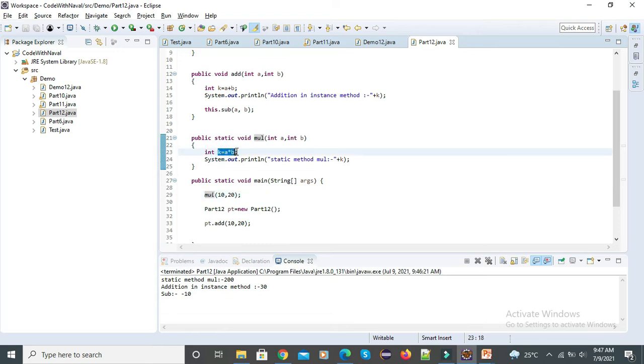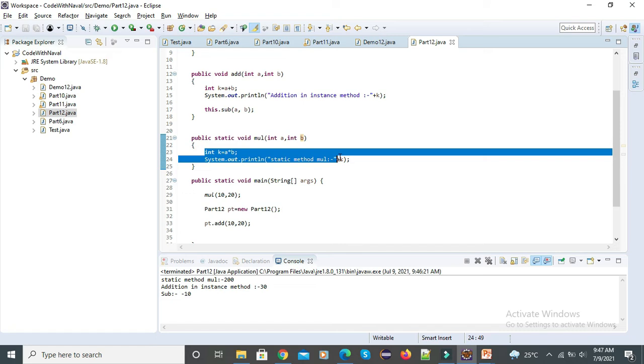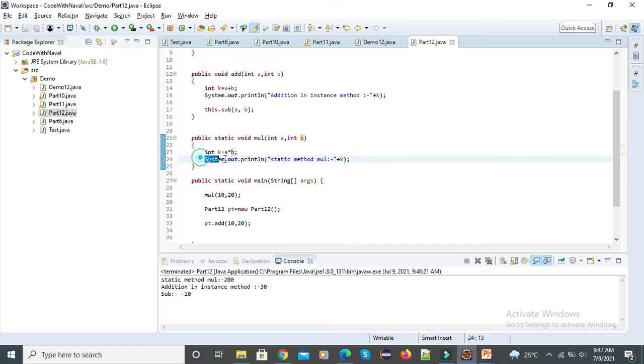We have to simply return this result. Instead of writing this much code, I'll simply remove this line, and remove this local variable also, and instead of void I'll add here int. What is meant by void? The void keyword is used when we don't need to return anything.